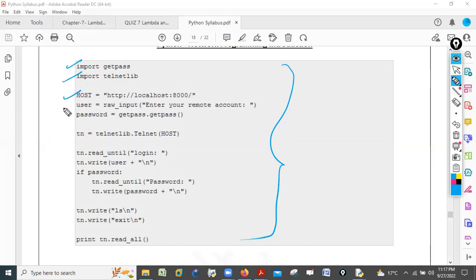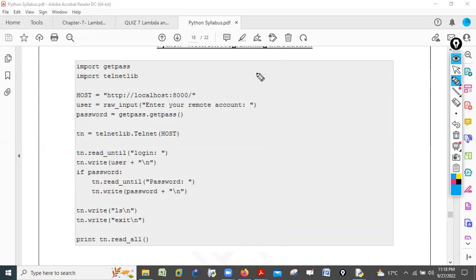Import host, user, password. tn is equal to telnetlib.Telnet(host), tn.read, tn.write. Now you know the if condition. If password is equal to true, not true, then again allow the person to enter one more password. Then tn.write, then print tn.read and all. Correct.